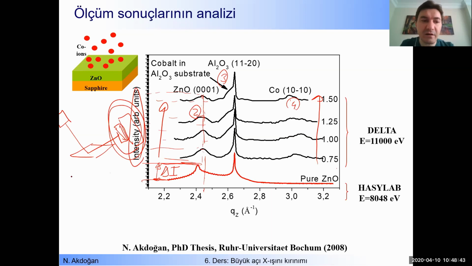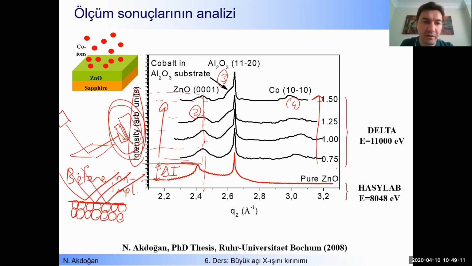So let's consider this condition. Before ion implantation, before cobalt ion implantation, let's consider that the surface of the zinc oxide is perfect. Atoms are periodically arranged, and I have a perfect surface, like a perfect mirror, and each incoming X-ray goes to the detector, okay? But after ion implantation,